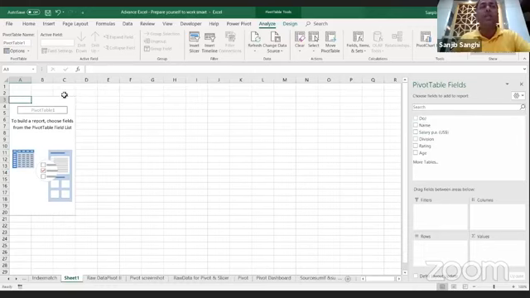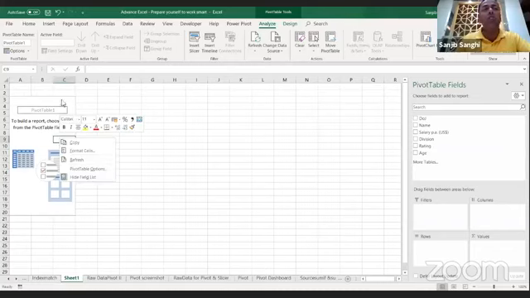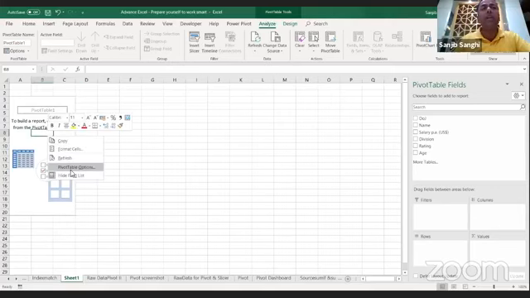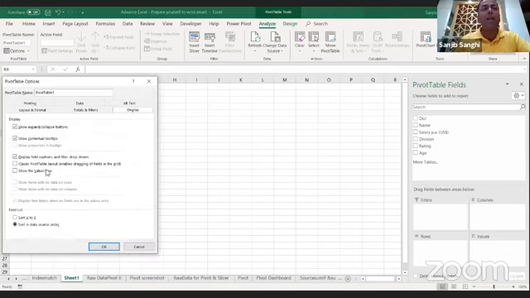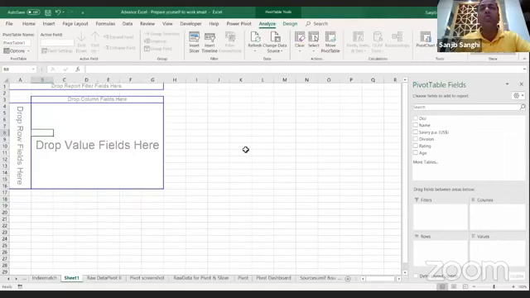So once we get this dashboard, kind of a canvas over here, we can configure this to make it look like a drag and drop interface. We'll right click, pivot table options, display, and then we use classic. And as soon as I do that, my job is done.